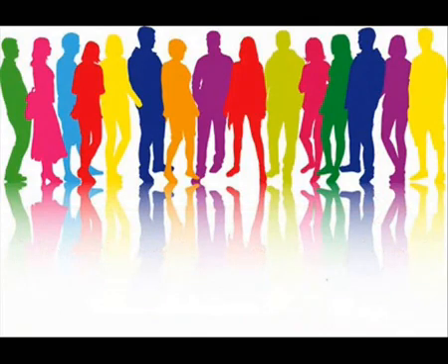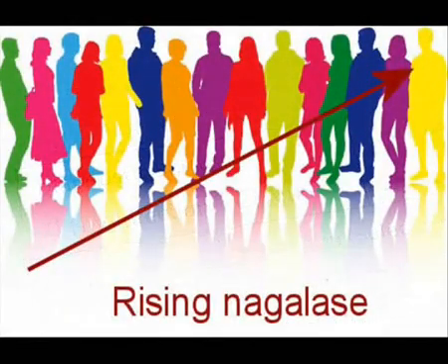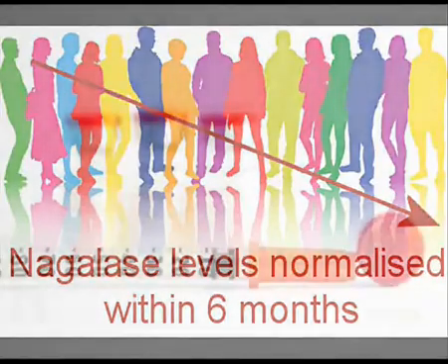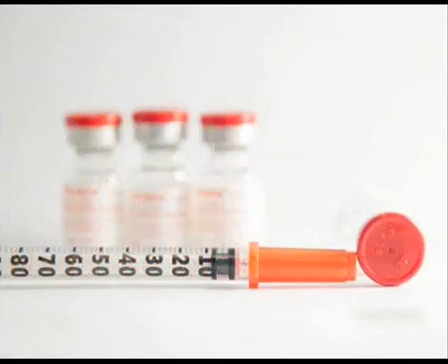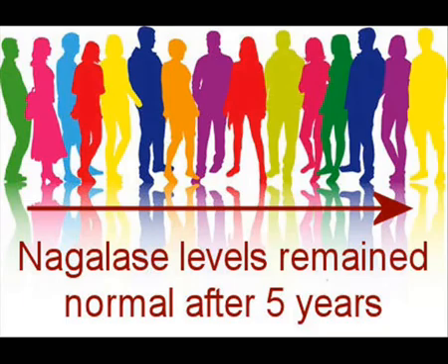Dr. Yamamoto then ran a similar trial with similar results, but this time with 30 HIV patients. All began the trial with elevated Nagalase levels, which were normalized within 6 months by administering 100 nanograms weekly intramuscular injections of GcMAF. Follow-up tests years after showed Nagalase levels remained in the range considered normal. Dr. Yamamoto published 4 papers on the therapeutic usage of GcMAF in humans, and in all papers he can be quoted as saying,